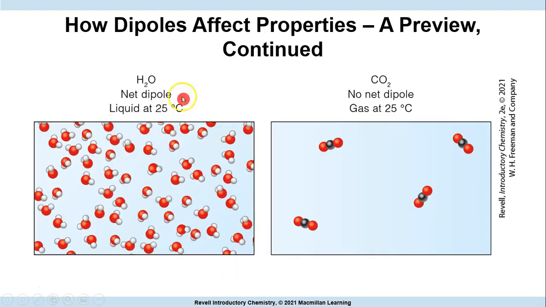So that makes it a liquid. So that is exactly here. Water has a net dipole and it's a liquid at 25 degrees, while carbon dioxide has no net dipole. That is why you see the gases, because there is no net dipole, the gases are dispersed, and because water has a net dipole, the particles stick